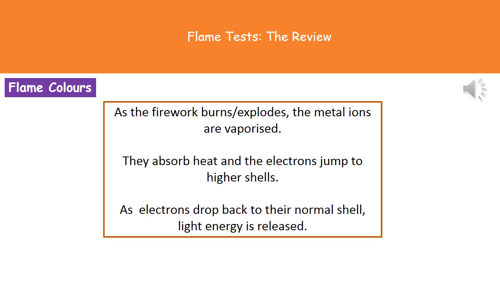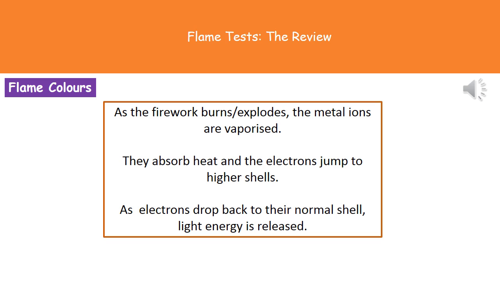So when we're thinking about having an unknown chemical and needing to identify what metal ion is present, we're going to use something called a flame test. The place that we've already seen these in our everyday lives is in fireworks. Different fireworks will actually give us different colours, and the reason they do that is because they contain different